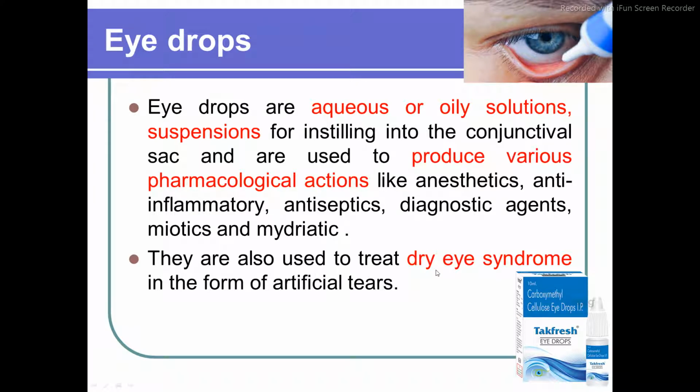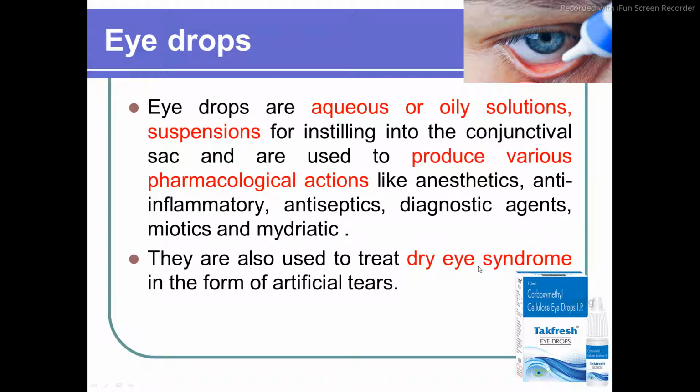Dry eye syndrome means, one gland is there, that is lacrimal gland. So lacrimal gland is continuously secreting the lacrimal fluid, that is your tears. So 24/7 this lacrimal gland is secreting the tears in your eyes. But in some patients this lacrimal gland stops working. So in that case your patient may be suffering from dry eye syndrome. As your lacrimal gland stops secreting the tears, there will be no lubricating fluid in your eyes. So in that case the condition is called as dry eye syndrome.